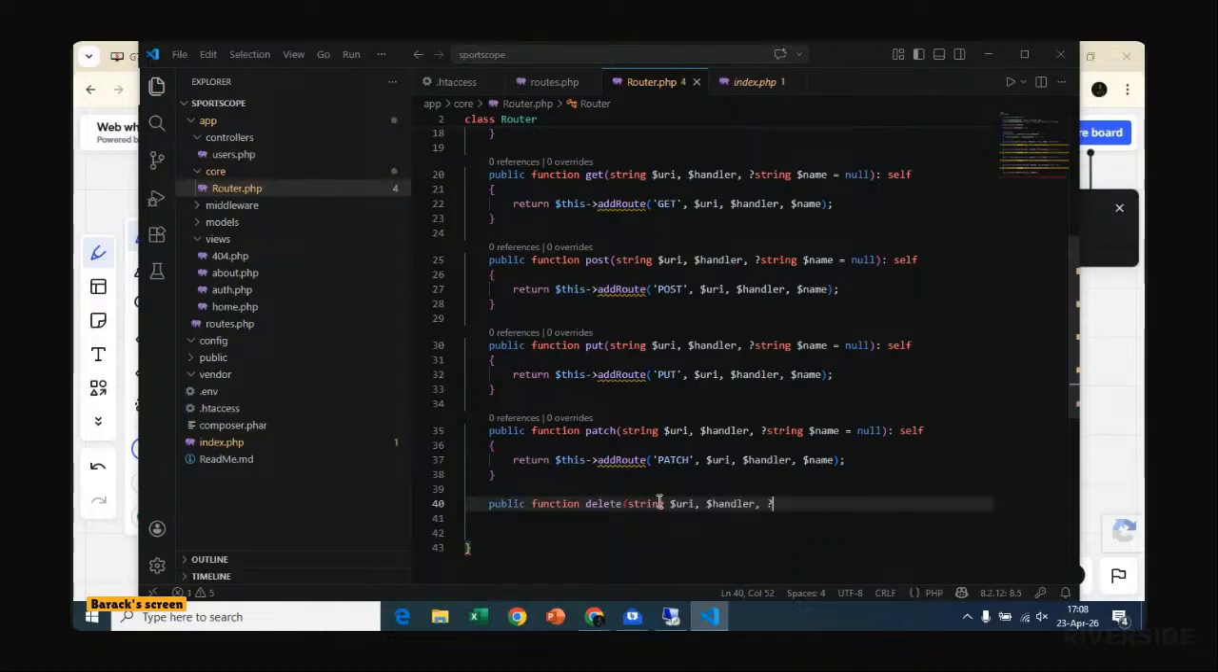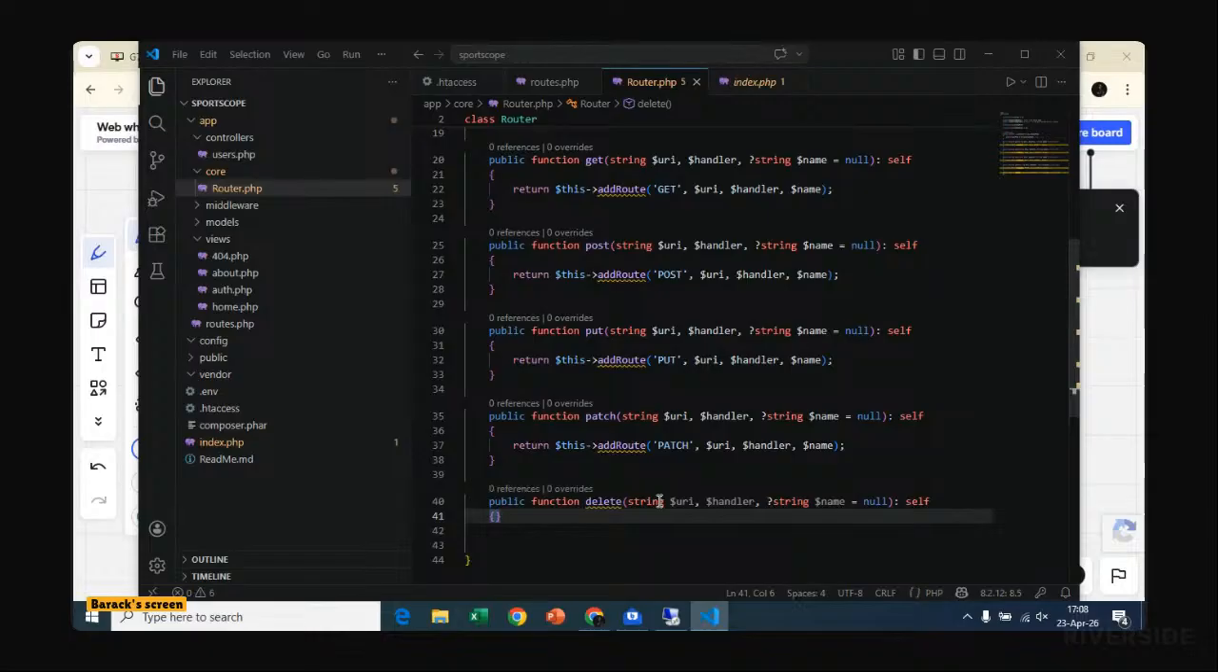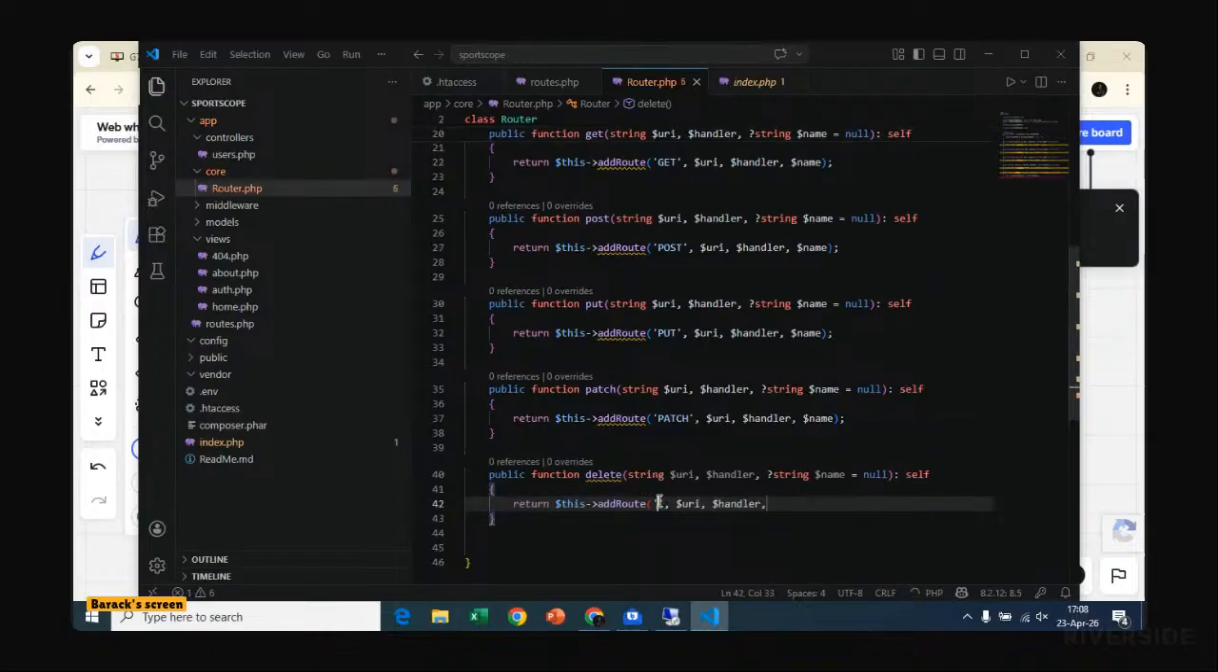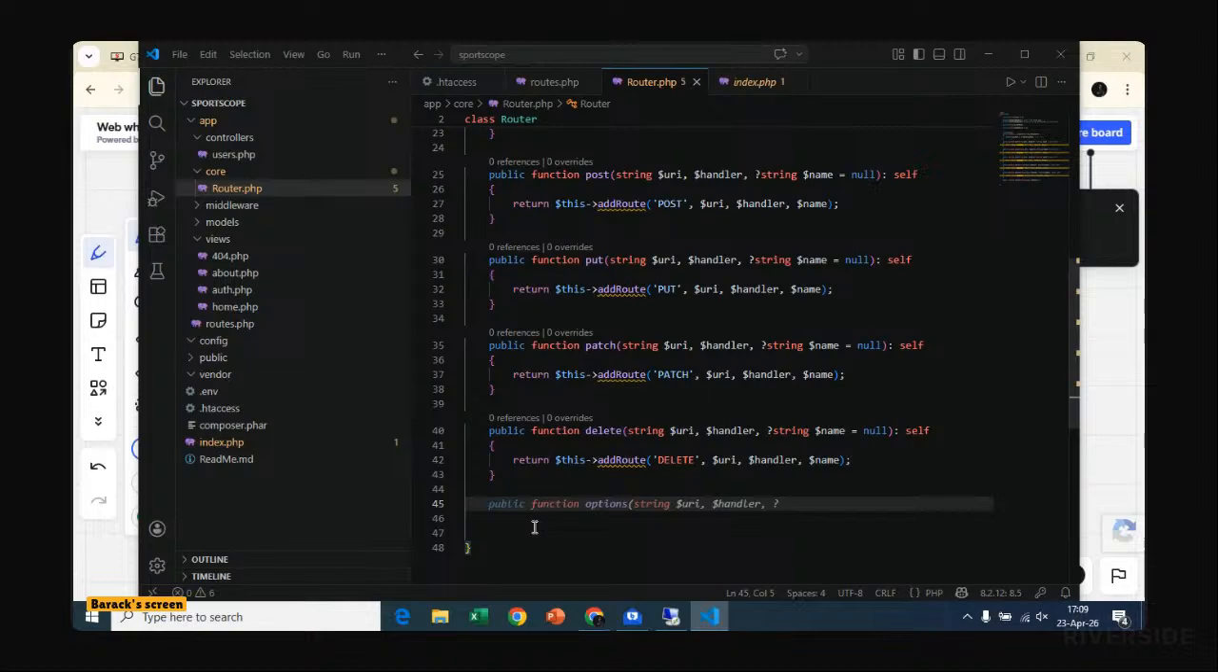So we can write a public function that does the delete. We get that, and then in the same spirit we can return this. This is a delete request, where it gets there, and then the name. Get, post, put, patch, delete. Then after deleting,